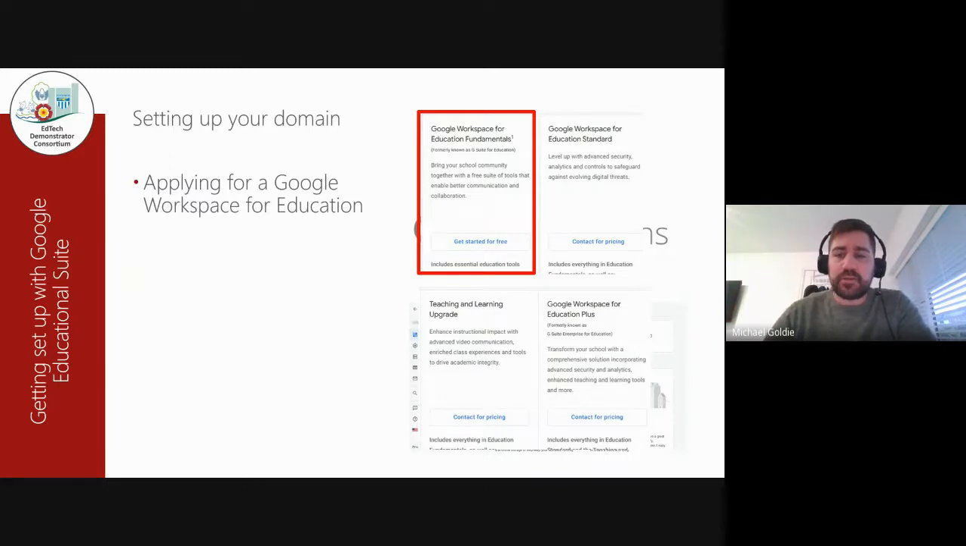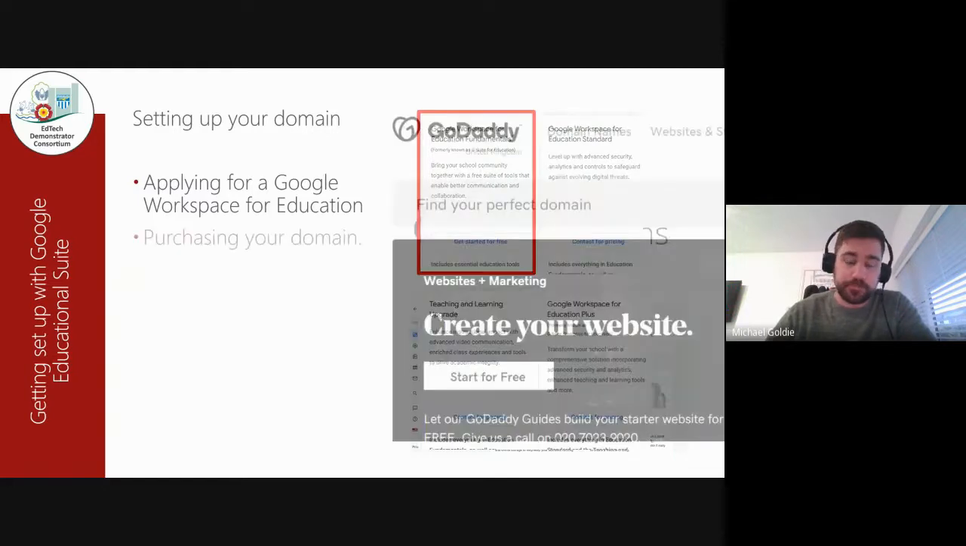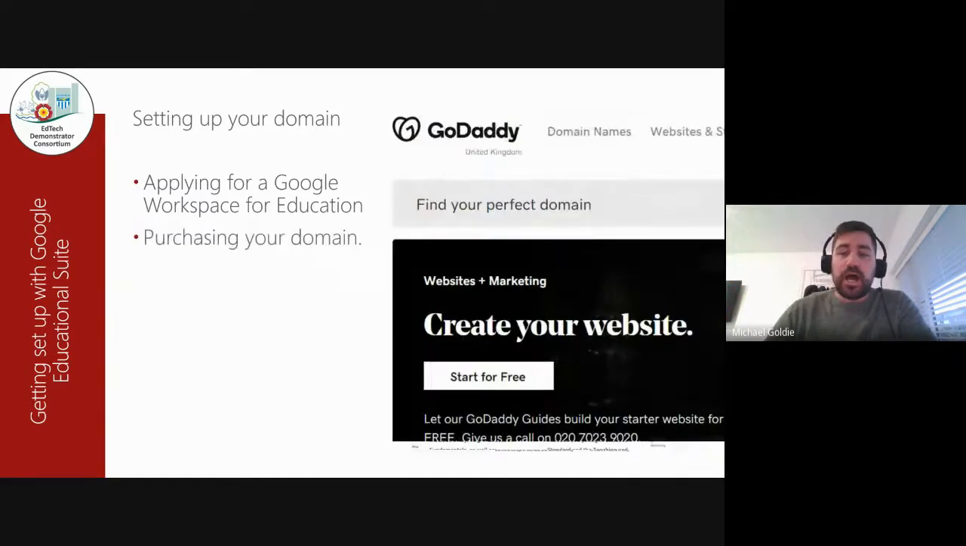Once you have applied and successfully have your Workspace for Education, you are going to need a domain. So a domain is, for example, if you think about an email address, at the end of my email address, it's at hambleton.fcat.org.uk. All domains have to be purchased, and some of them you will need to purchase this domain name, and